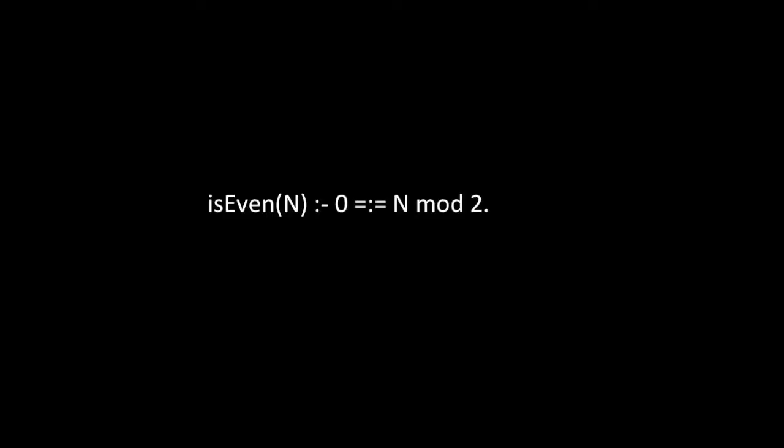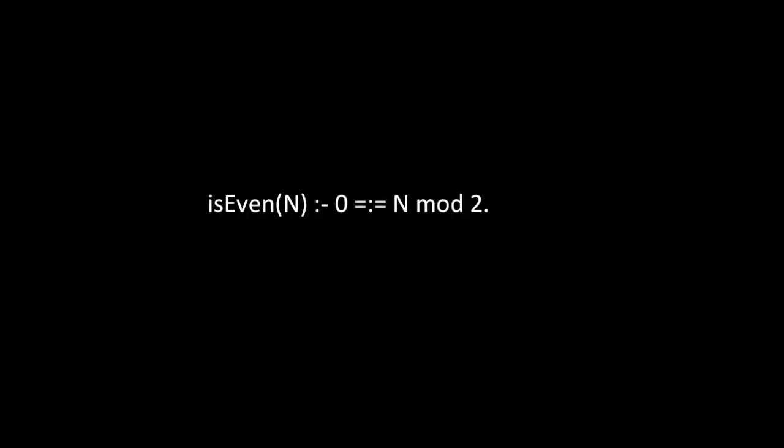Next, let's take a look at is even. That took quite a few lines in Java. Here's the entire program in Prolog in one line. What this says is that a number is even if, and that's what the colon dash means, if 0 is numerically equal to, and that equal colon equal expression is the Prolog operator for number equality,